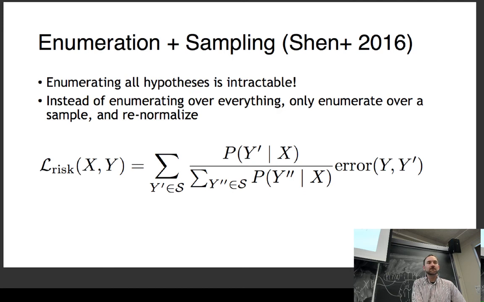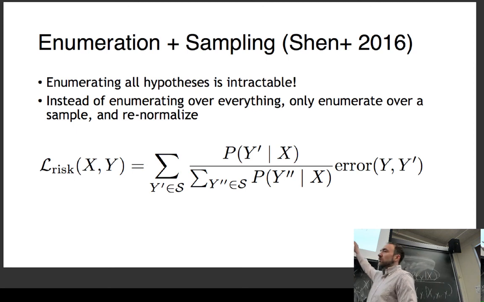Yeah. Where is the set S coming from? The set S is sampled from your current probability distribution. So you would randomly sample outputs according to your tagging model or your sequence model or something. So you could apply this to something like a CRF, basically sampling the traversal through, but you don't need to. One of the beauties of the CRF is you can exactly enumerate all of your hypotheses, so you don't actually need to do this. Although the one caveat is that you might want to do this if you have a loss function that isn't decomposable according to the dynamic programming structure of the CRF.